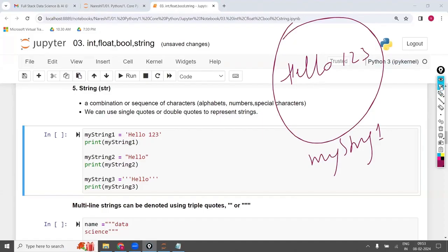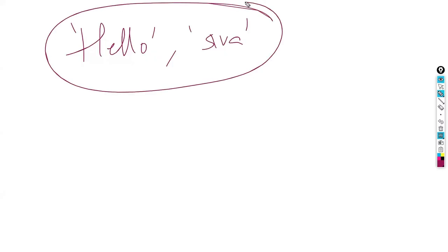So if you are having any characters, non-numerical data, that too only one value. Sir, what is meant by one value? One value means one word, not one letter. For example, hello is one value, Siva is one value. So if you want to store two different values in a single object, then it is advanced. Here in the string, we can store only one value, either Siva or hello. Anything, any one, but it should be in the inverted commas. Is the point clear, guys?